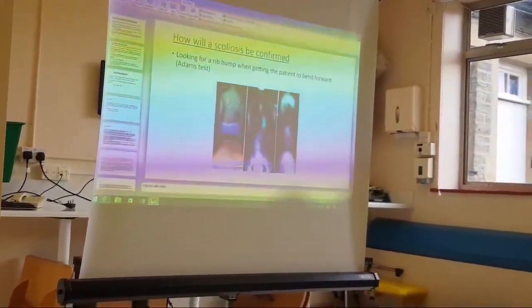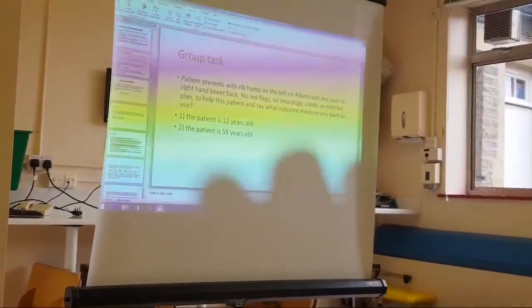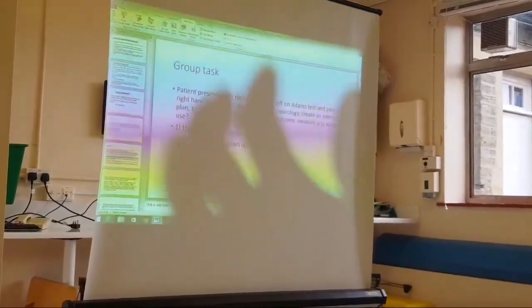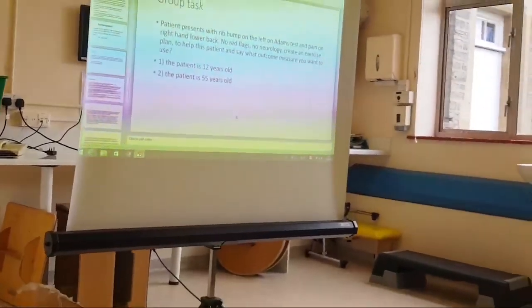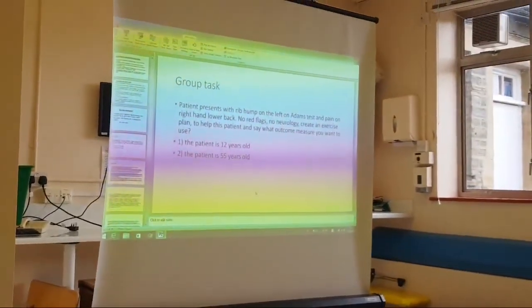Okay, so if I put that group task back up again, maybe you can go off into little groups if you want to, and try and create some exercises, and share ideas about what works for you and what